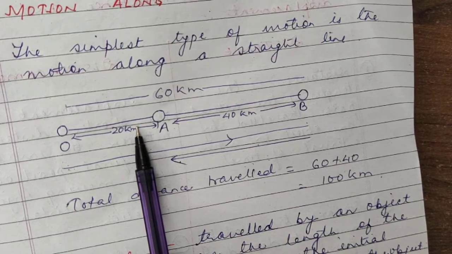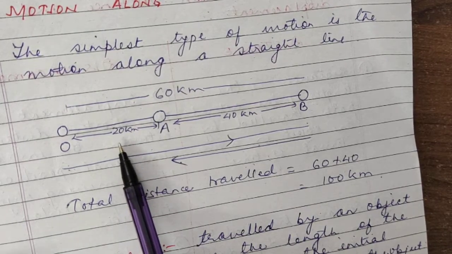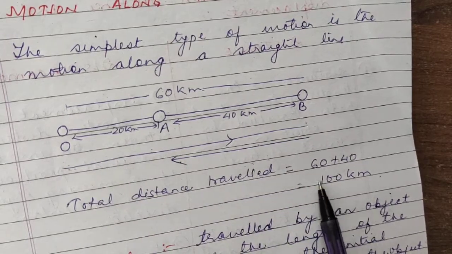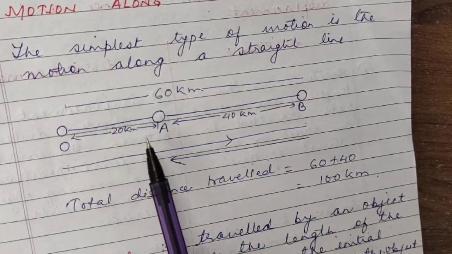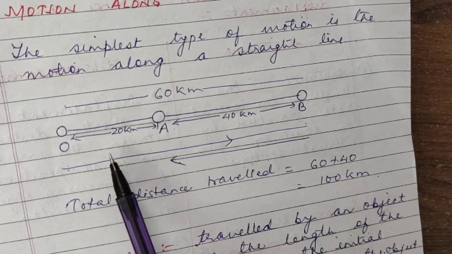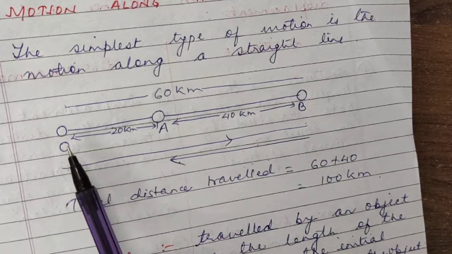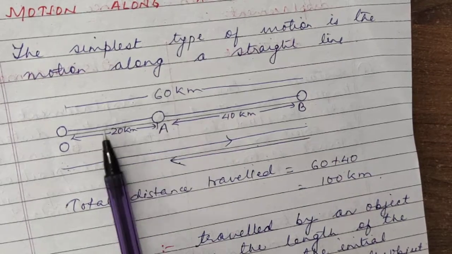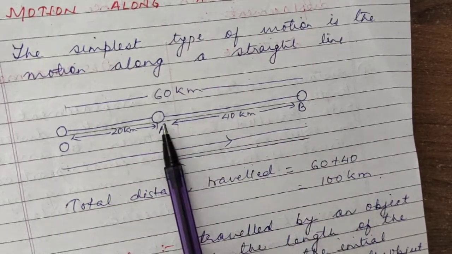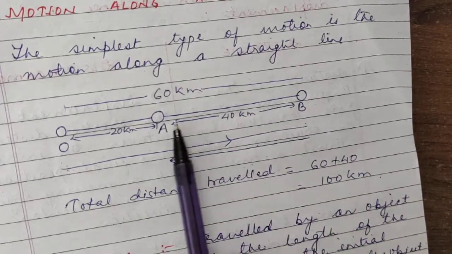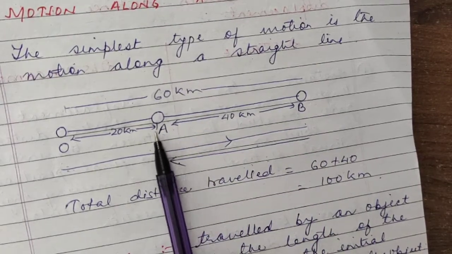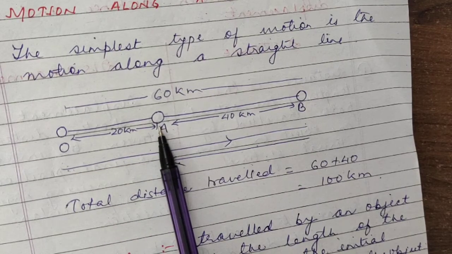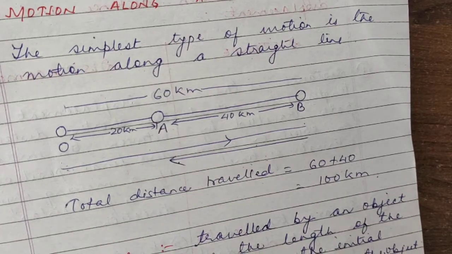So, you can understand that when we are talking about distance, it is the length of the actual path. So, it is covering 100 km. And when we are talking about the same bus, but we are measuring the displacement, we are only concerned with the initial and the final position of the object. It has gone to B, then it came to A, but we are not bothered about that, we are only concerned with the final position A. That is, the displacement is 20 km.